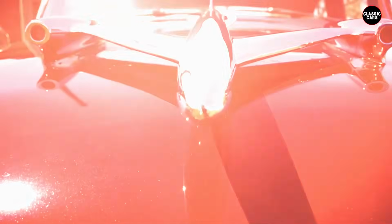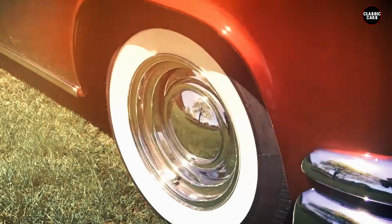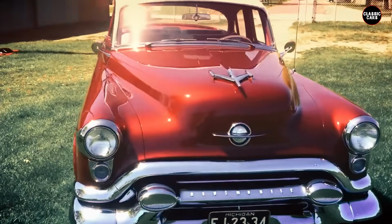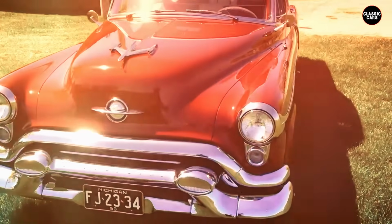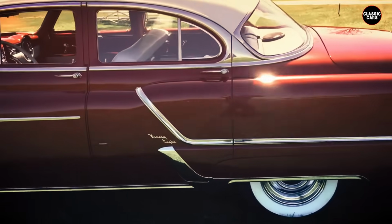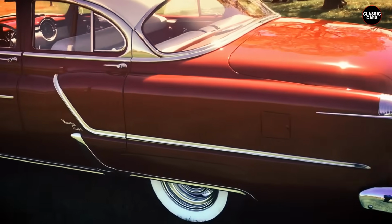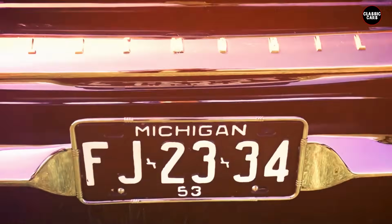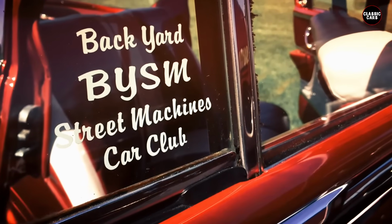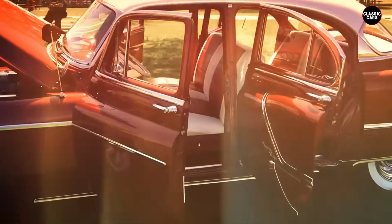road during its era. The Oldsmobile 98, like many cars of its time, was engineered with a focus on power and luxury rather than safety. The car featured wide bench seats designed for comfort, offering a lounge-like experience for passengers. The interiors were adorned with chrome trim and plush upholstery, providing an atmosphere more akin to a living room than a car. But these comforts came at a steep price when it came to protection in the event of a